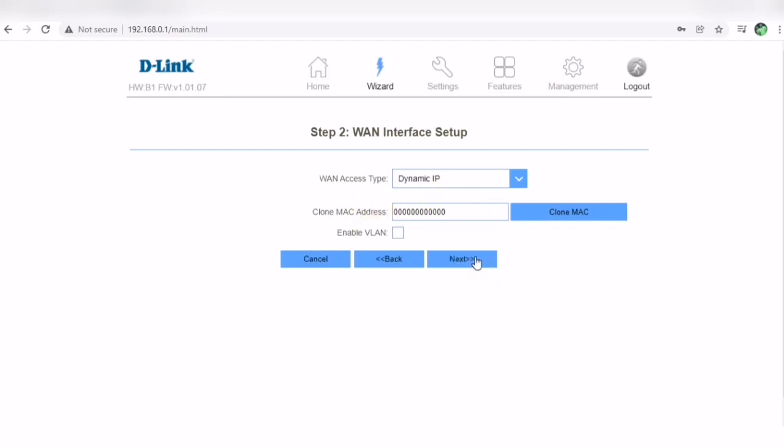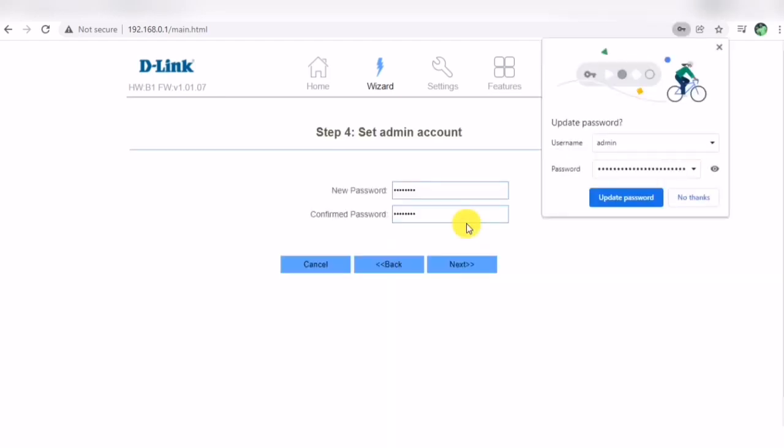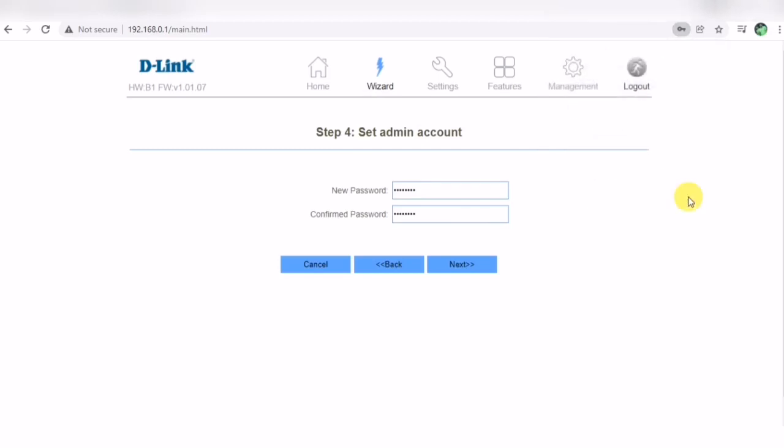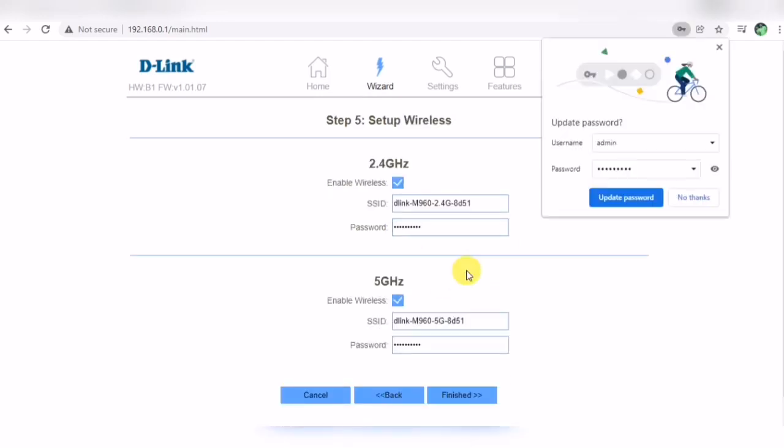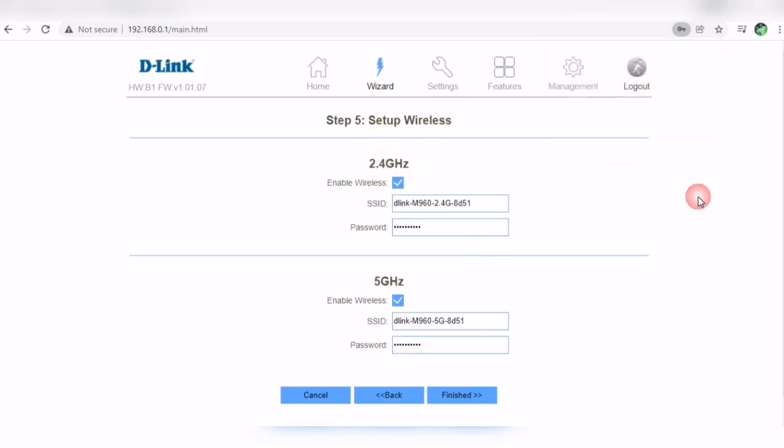First it shows the WAN interface setup, which is not required, so just click next. From here the admin account password is available. For the new password, whatever you are thinking of, enter it and confirm the same password. Next, it is available for 2.4 GHz as well as 5 GHz.